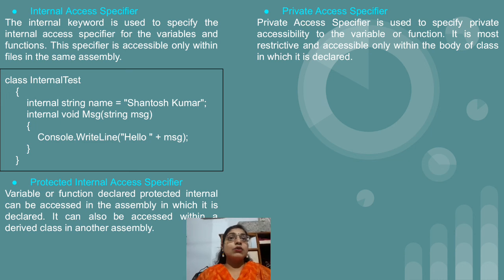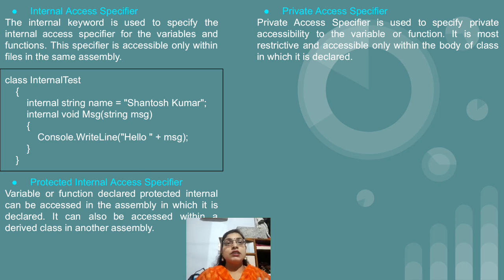And now you can say how we can call this particular message. You have the internal test class. After the class is completed, create one more class with a public static void method, and in that method create the object of the internal test class. Then within console.writeLine display the name and call the method with the help of the object, message msg in round brackets, pass some value. So the hello with the passed value will be displayed.